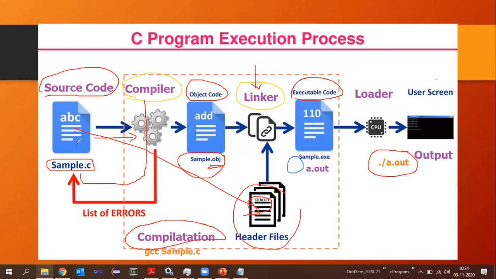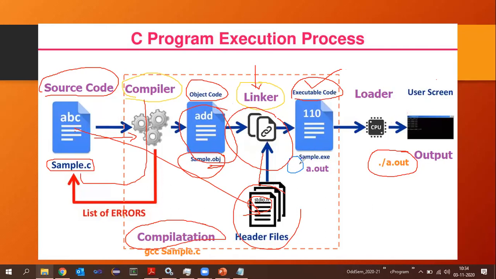It will not directly link the source file. Instead, it tries to establish the link between the object code converted by the compiler and this particular header file. Both get linked together, and whatever output we get, we call it an executable file or the executable code.